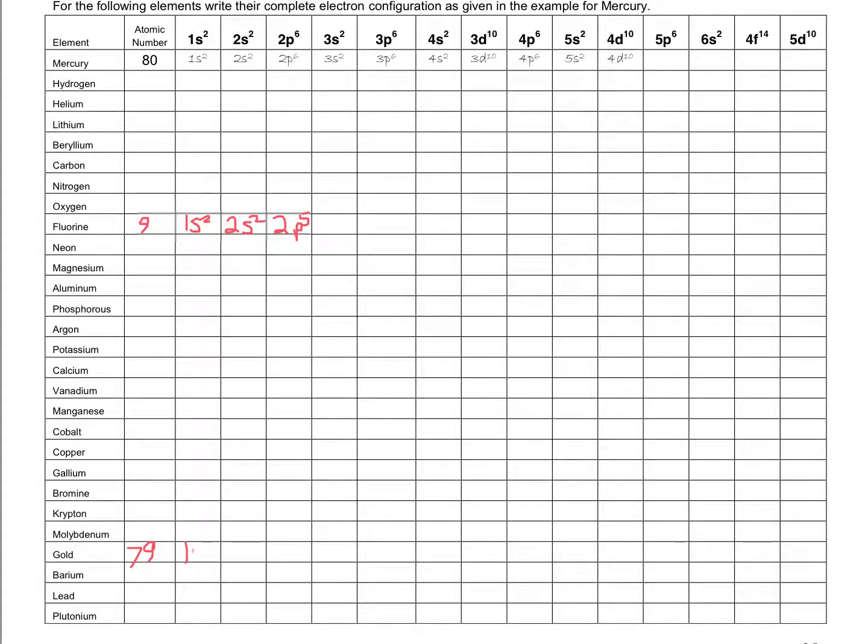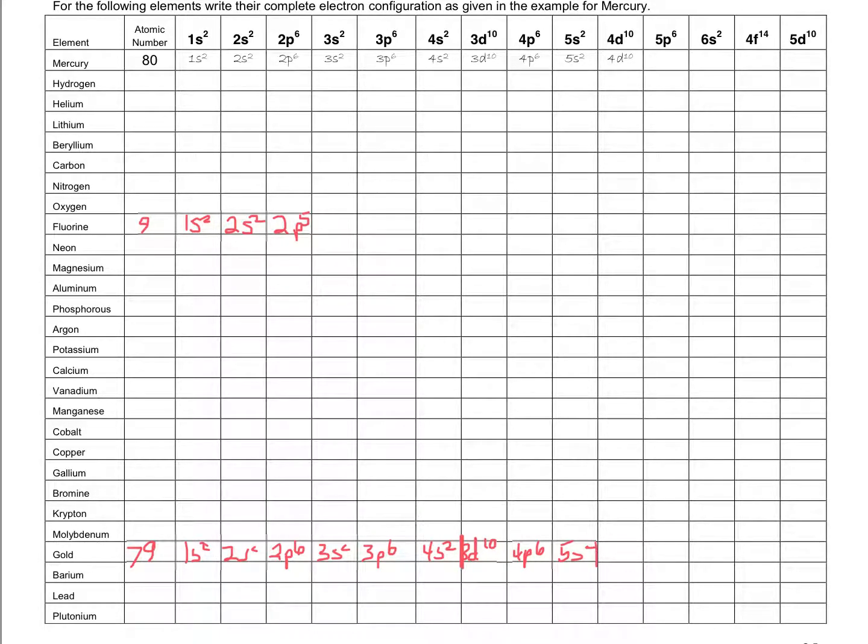Gold goes 1s2, 2s2, 2p6, 3s2, 3p6, 4s2. Now this is one of those parts. 3d, we go all the way across 3d, but make sure you follow that pattern. We go 4s2 and then 3d10, then back to 4p6, 5s2,